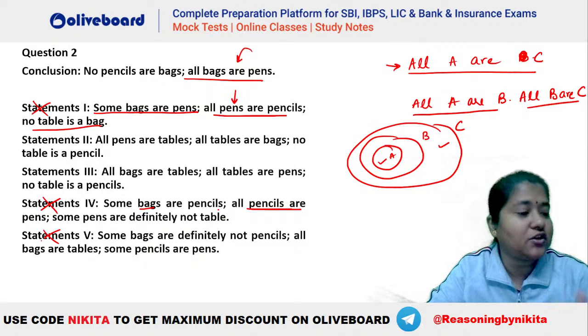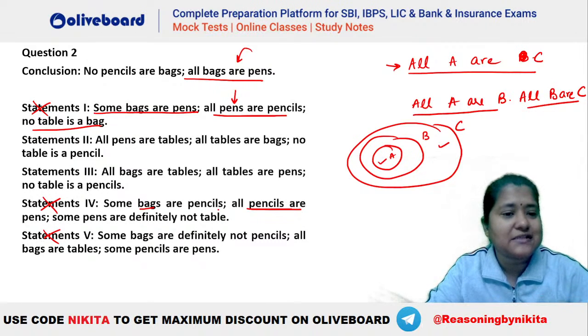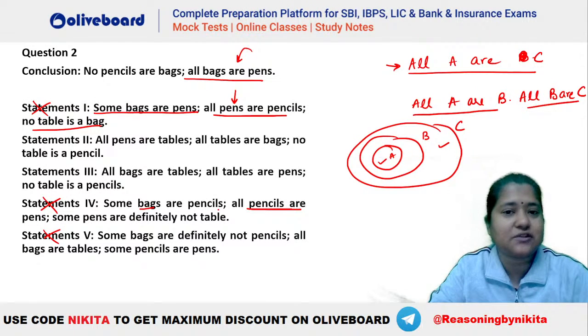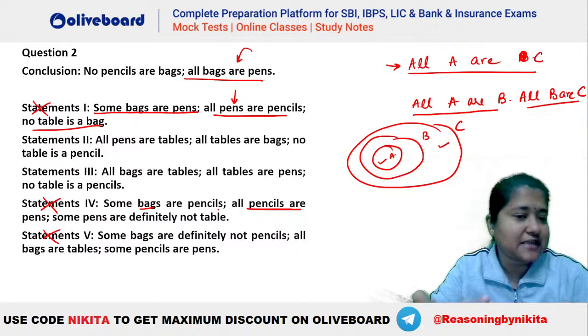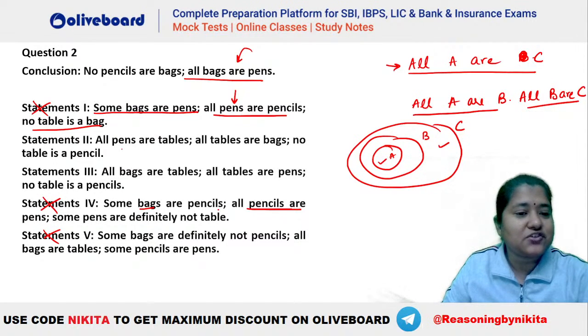So now it is between 2 and 3, right? So instead of 5 diagrams, now we are left with only 2 diagrams here. We will draw one diagram, and if that is the answer, absolutely great. If it is not the answer, that means the rest has to be the answer, right? So, very good morning. So let's try the first one.